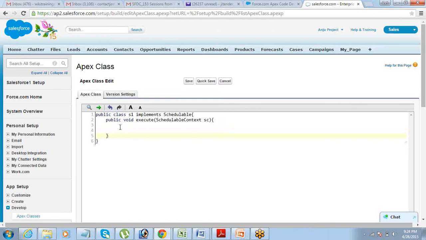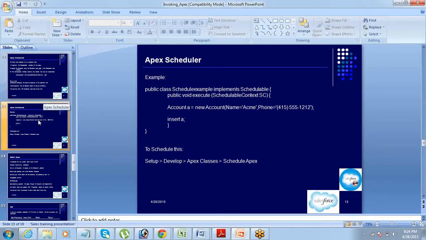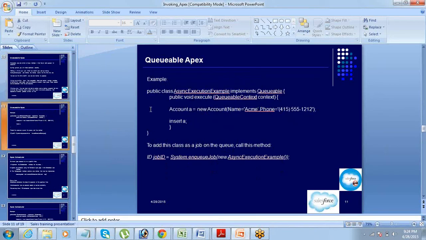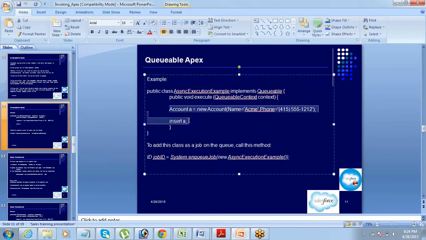This is where your code should be. So let me take the code from the previous slide. Let's say this is the code that I want to actually execute.